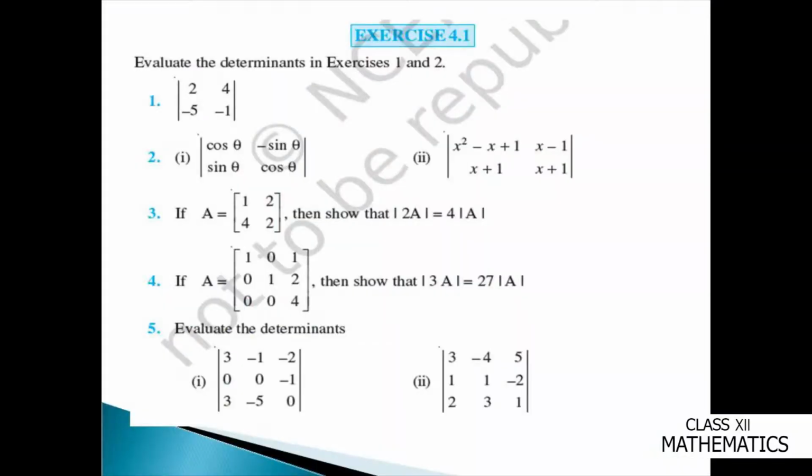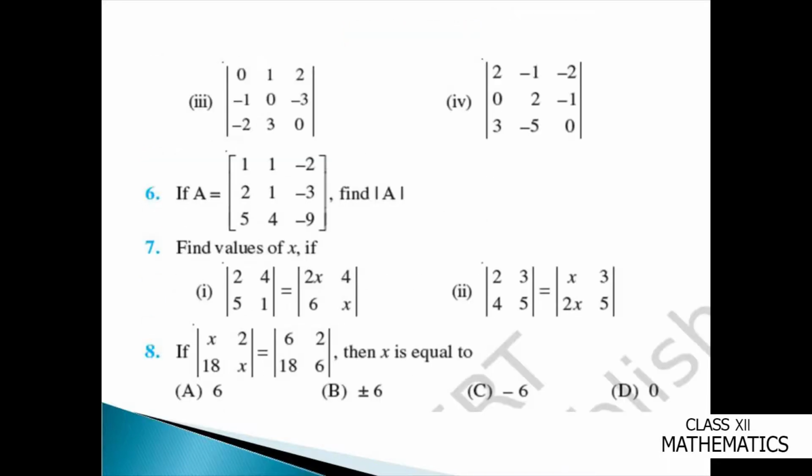Evaluate the determinant. This is a 3 by 3 determinant given to you, and I have already explained this. You have to see which row and which column has more zeros, and you can start with it. And if there is no zero in any, then you can expand along any row. Okay, now third and fourth are the same thing. Do it at home. It's homework for you all. Sixth question is also the same. You have to find the determinant, expand by any row or any column, and you'll get the answer.